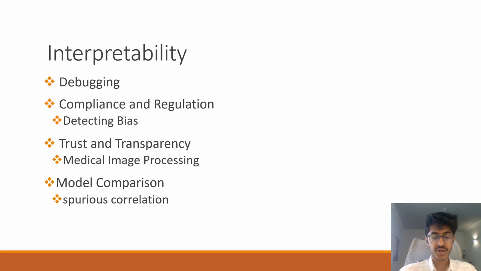But why is interpretability important? It helps us understand how neural networks make decisions. This is useful for debugging, for building trust, it is required for some regulations, and is helpful for model comparison. For example, when you want to debug your network, you are more efficient if you know why the network made a decision. Or it is required for some regulations